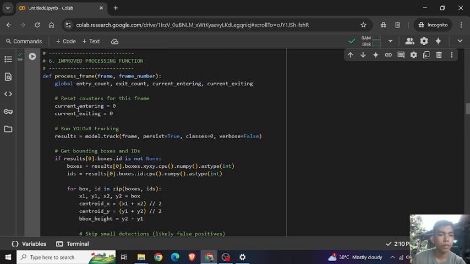So current entering and current exiting resets the temporary counters for this frame, and then